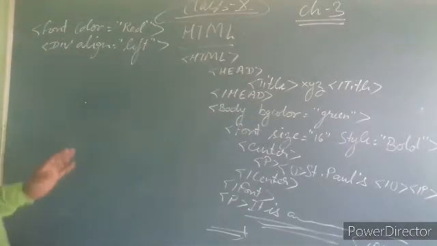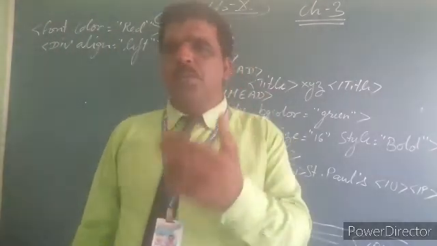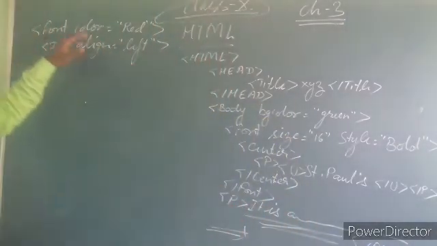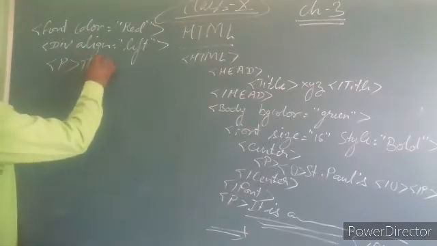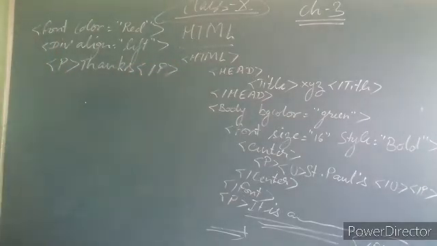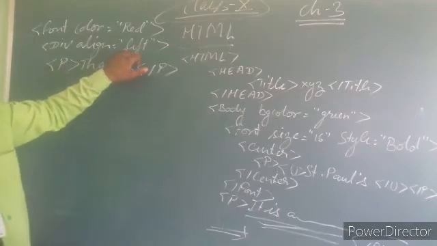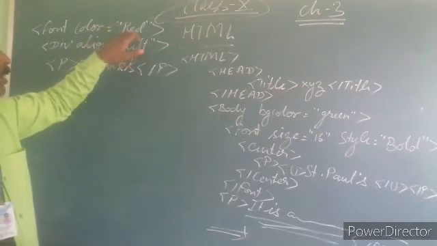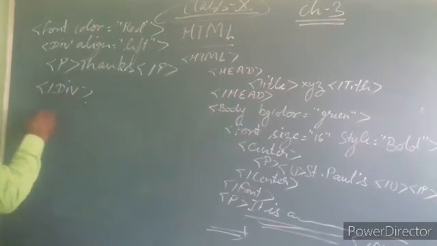So after that we want that thanks word that should be displayed with the following description. So here we are writing thanks and we are closing the p tag. See, according to this thanks will be displayed in the left direction, left margin with red color. After that the same thing that should be closed, DIV, then font.